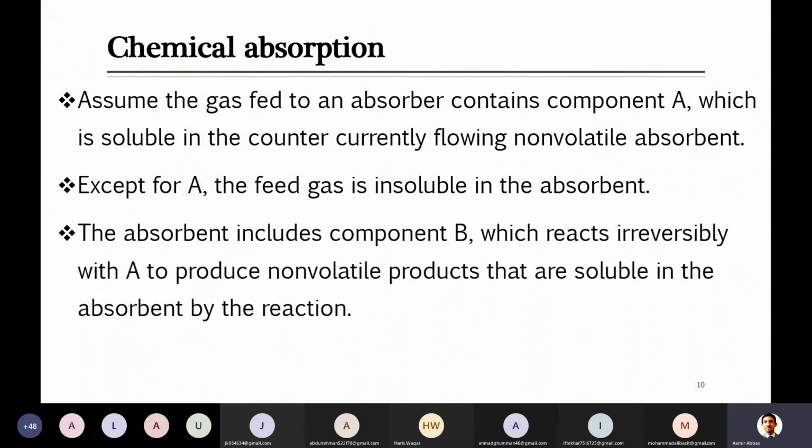In the absorbent, we have one component which is B. For example, if you are dealing with an aqueous solution of NaOH, there will be water and NaOH. Out of those two components, NaOH is reactive, let's consider. So NaOH is going to react, for example, with CO2, let's say. So then this reaction is irreversible. So overall, you can write this equation. Another requirement for these systems is that when you produce something, it is irreversible. Most of the time, if you react CO2 with NaOH or KOH, they are going to produce some salt plus water.